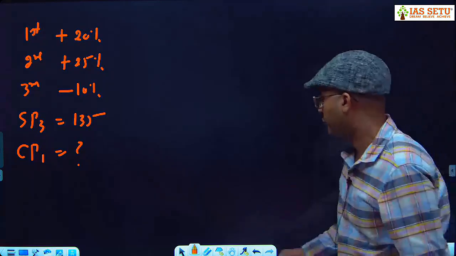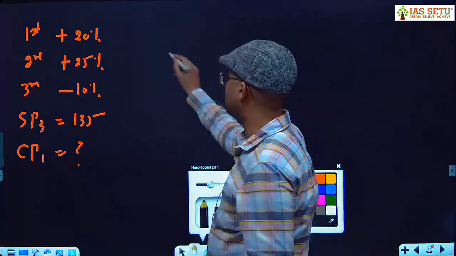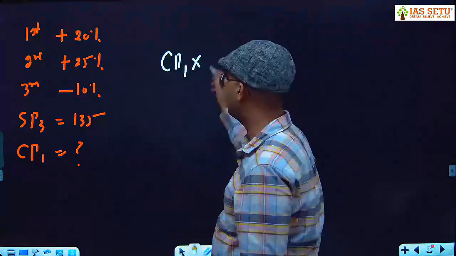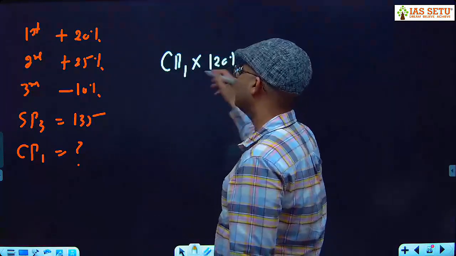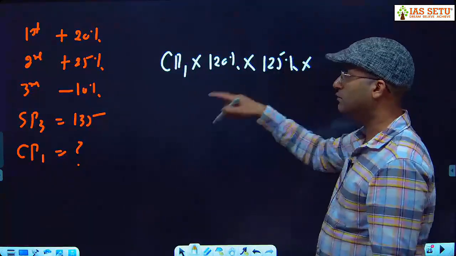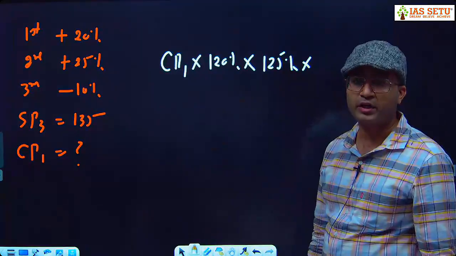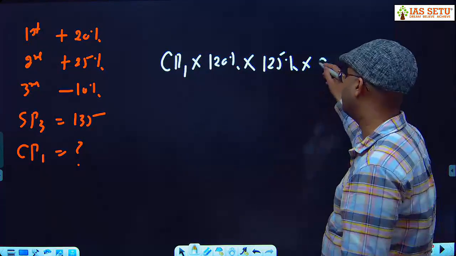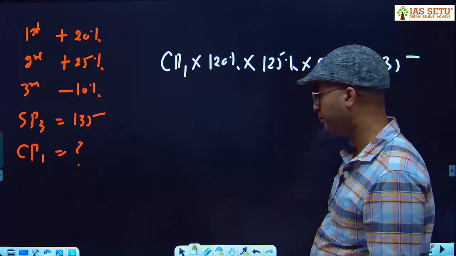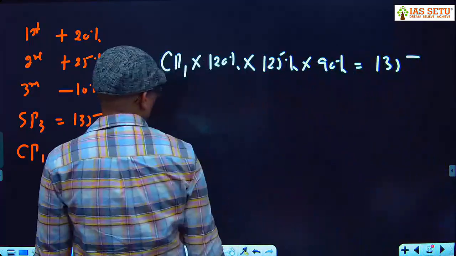Okay, so here CP1, first में profit 20, तो 100 plus 20 120%. Second one makes a profit of 25, 125%. Third one suffers a loss of 10. So what do I have to take, 110 or 90? 90. It is equal to 135. Okay, so now here